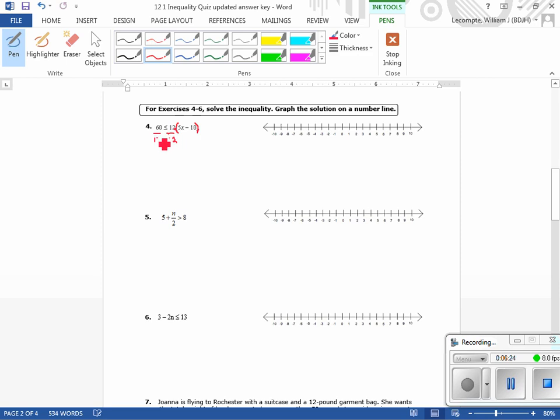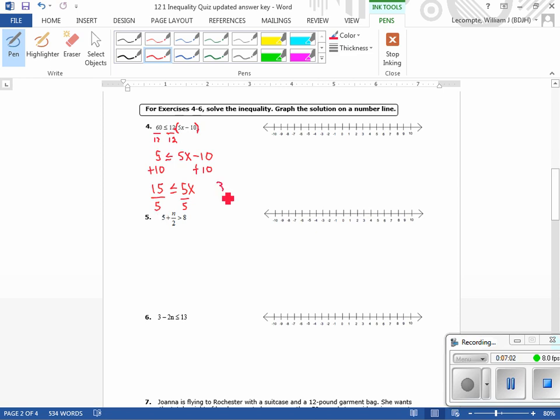And I get 5 is less than or equal to 5x minus 10. And then from here, I want to get rid of the addition and subtraction. So I'm going to add 10, the opposite of subtraction, to both sides. That gives me 15 is less than or equal to 5x. And the last step is to take the multiplication away. So I take multiplication away by the opposite of division, and I get an answer of 3 is less than